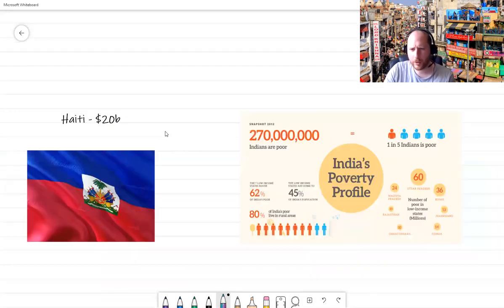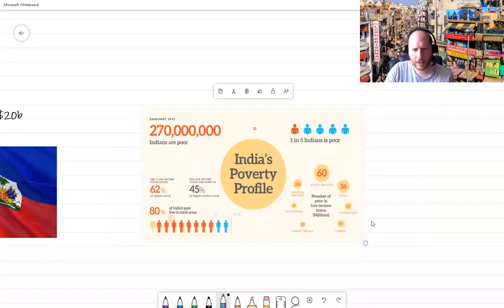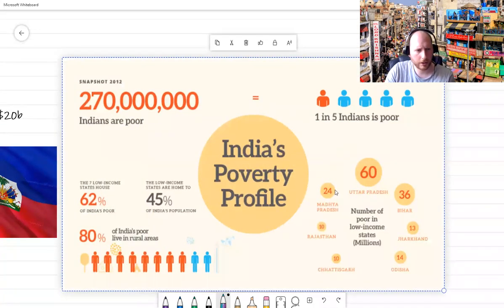Now, here we've got some statistics just to show a little bit of poverty in India. Here we've got some numbers and figures about how many people are poor in India. And by poor in this sense, we mean really poor. We're looking at people who are earning about $1.9 a day, which isn't very much. These are people who are just about surviving on basic food. And there are 270 million of them. Just let that sink in for a second. 270 million poor people. That's a lot of people.